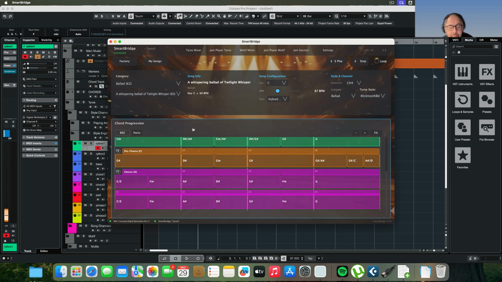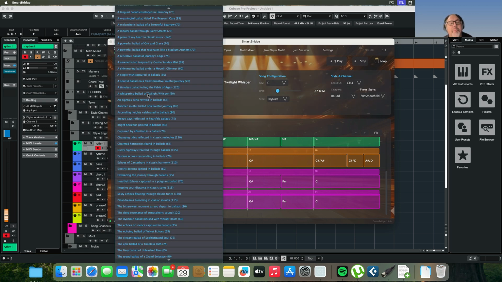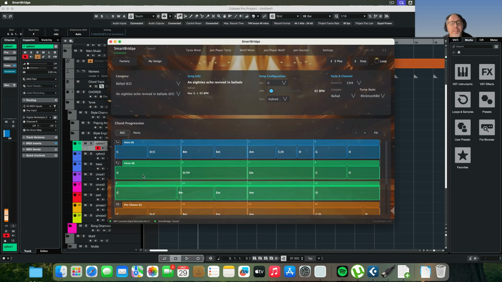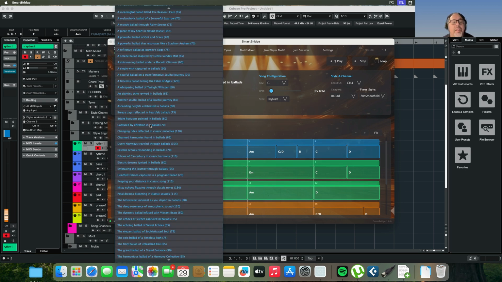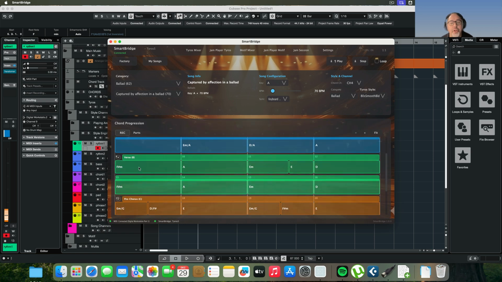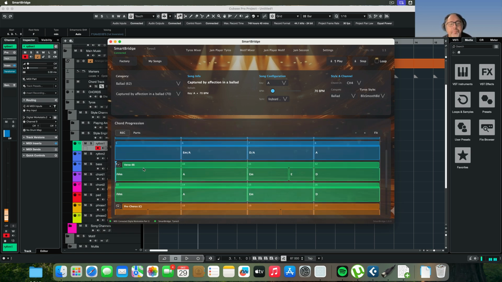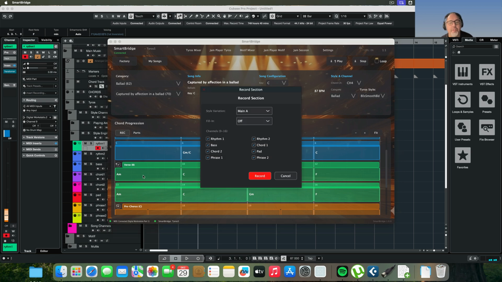So the other thing, the power of this, is that you can of course combine. In this case, in the key of C, I've done the whispering ballads. Let's say I do enjoy that, but there's another one that I like called the Echo Reviews. Now let's pick another one. There, Captured by Affection in Ballad. I like the verse on this. Oh, but it's in the wrong key. No problem. Let's switch it to the correct key. Let's say, oh, I like this. This is really good. All I need to do then,